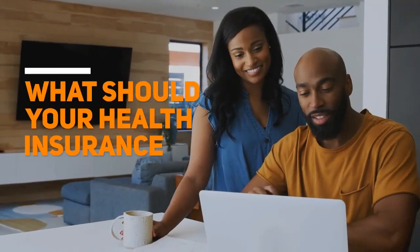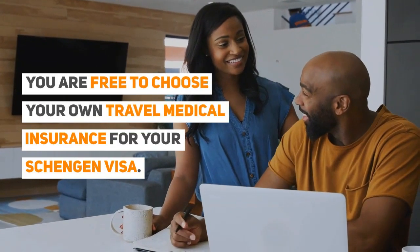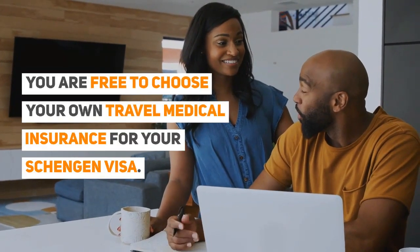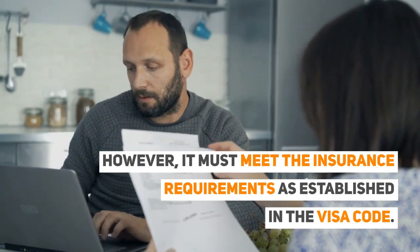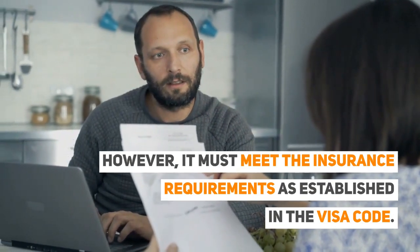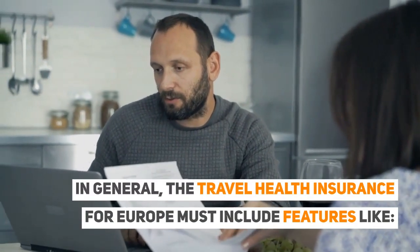What should your health insurance plan cover? You are free to choose your own travel medical insurance for your Schengen visa. However, it must meet the insurance requirements as established in the visa code. In general, the travel health insurance for Europe must include features like